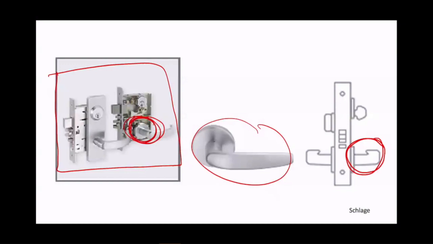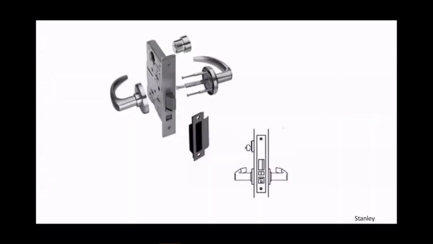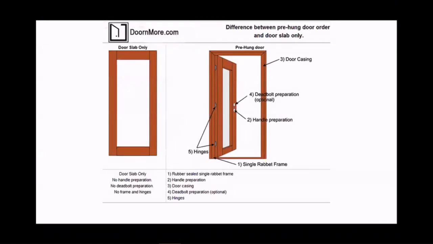Attach to that hardware through the front of the door, and it looks something like this. So we're going to take a door. Now, if we buy a door that's pre-hung, it's going to already be mortised out, and pre-hung is just what it sounds like. There's a door casing, and it turns out it's pretty difficult to make a door. You'd think it would be pretty easy, but to make a good door that opens and closes smoothly and stays that way for years,